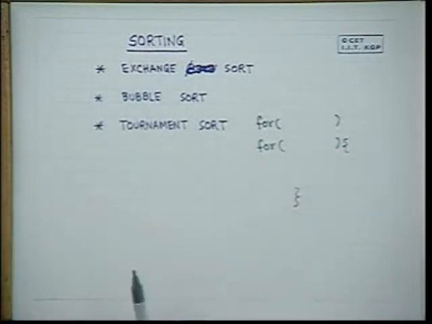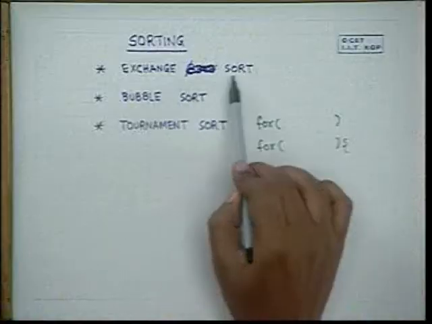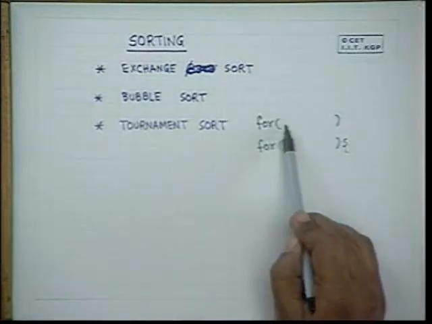And in tournament sort, we set up a tournament, we found out the minimum, then we found out the second minimum, then we found out the third minimum. That is the sequence in which we did it. If you look at these two sorting routines also, and if you analyze the loops, then you will see this